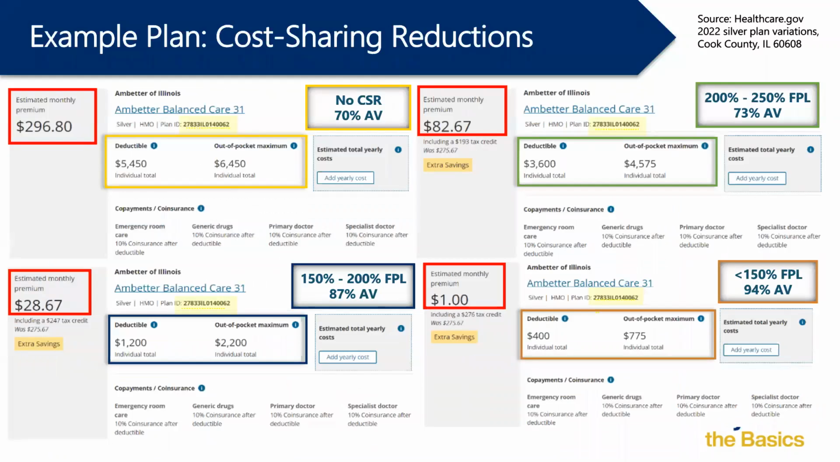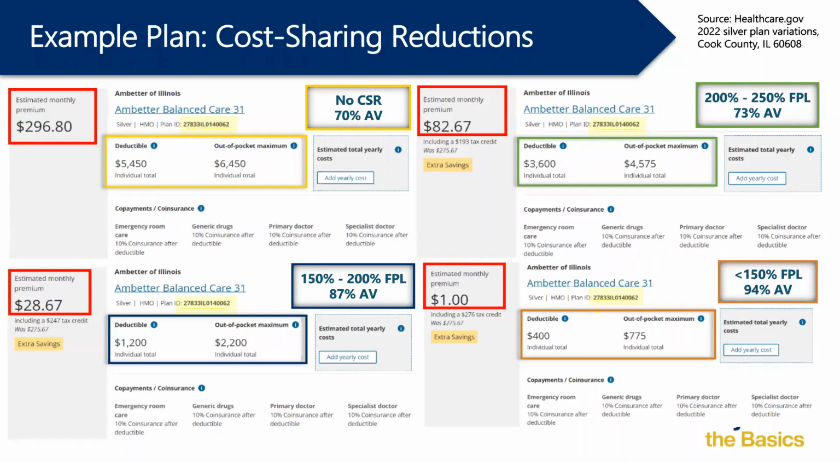So let's look at how this looks in practice. You can see here that the plan at the top left-hand corner is a 70% AV plan, silver plan, but it doesn't have any CSR, right? There's no cost sharing reduction available there. It has a $5,400 deductible, $6,400 out-of-pocket maximum, and you're paying 10% coinsurance after the deductible to go to the